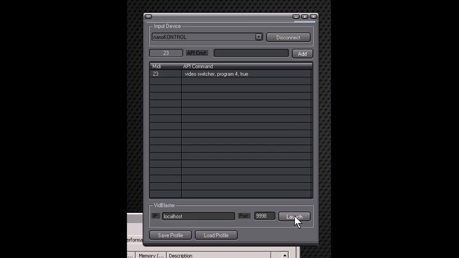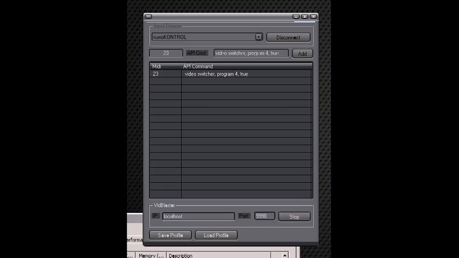Let's launch the program. And if I press number 1 on the keyboard, let's see what happens. Ah, there we go. Okay. So we have very quickly and very easily programmed the API to switch to program number 4, program position number 4 on the video switcher, which just happens to be a module on my keyboard called Effect 4, which basically is my camera here with my player there brought together in an effect here.